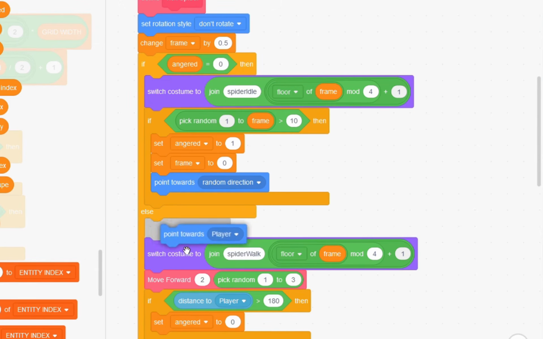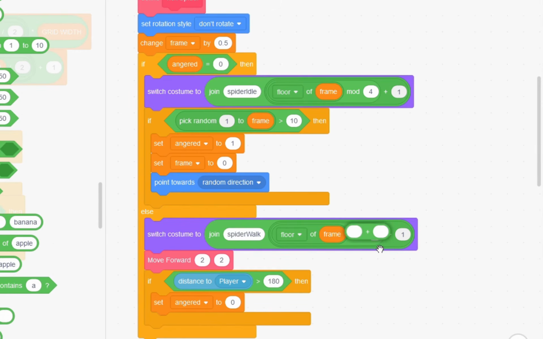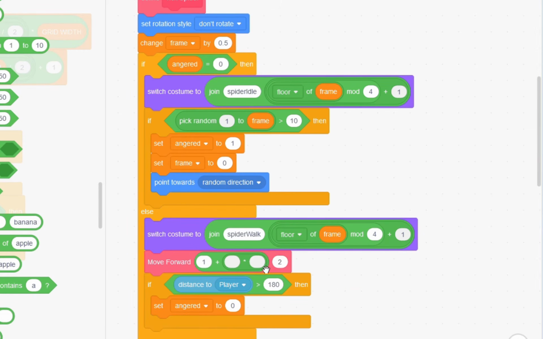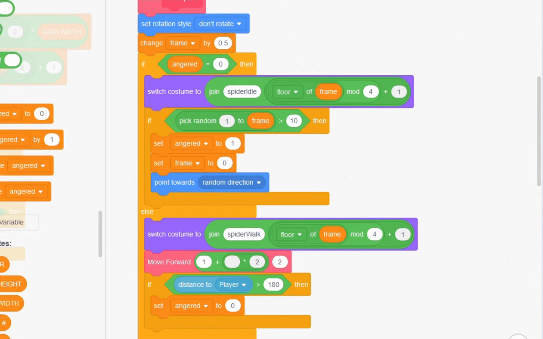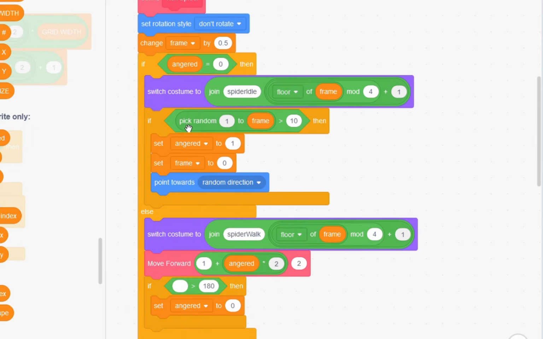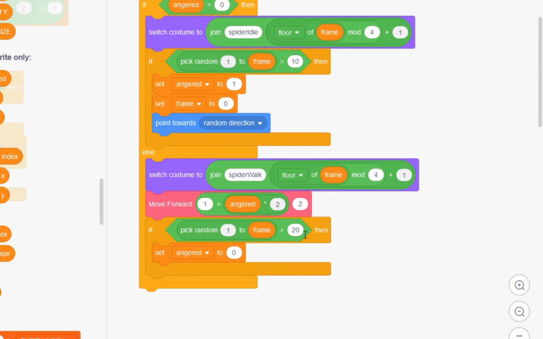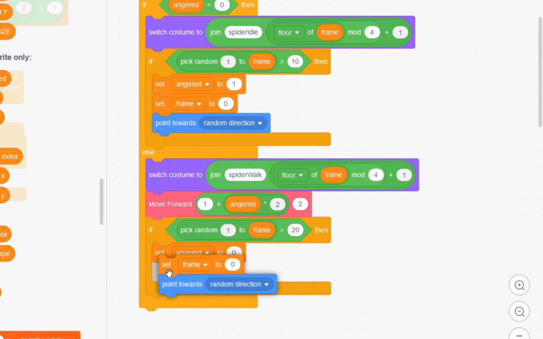Okay, in the else we'll remove the point towards player. We'll keep our move forward. I'll remove this random and just leave it as a 2. And then I'm going to move forward 1 plus angered times 2. So the angrier we are, the faster we move. Then replace this distance to player with another random 1 to frame. And if it's greater than 20, we'll set angered back to 0 and also set frame to 0 and point